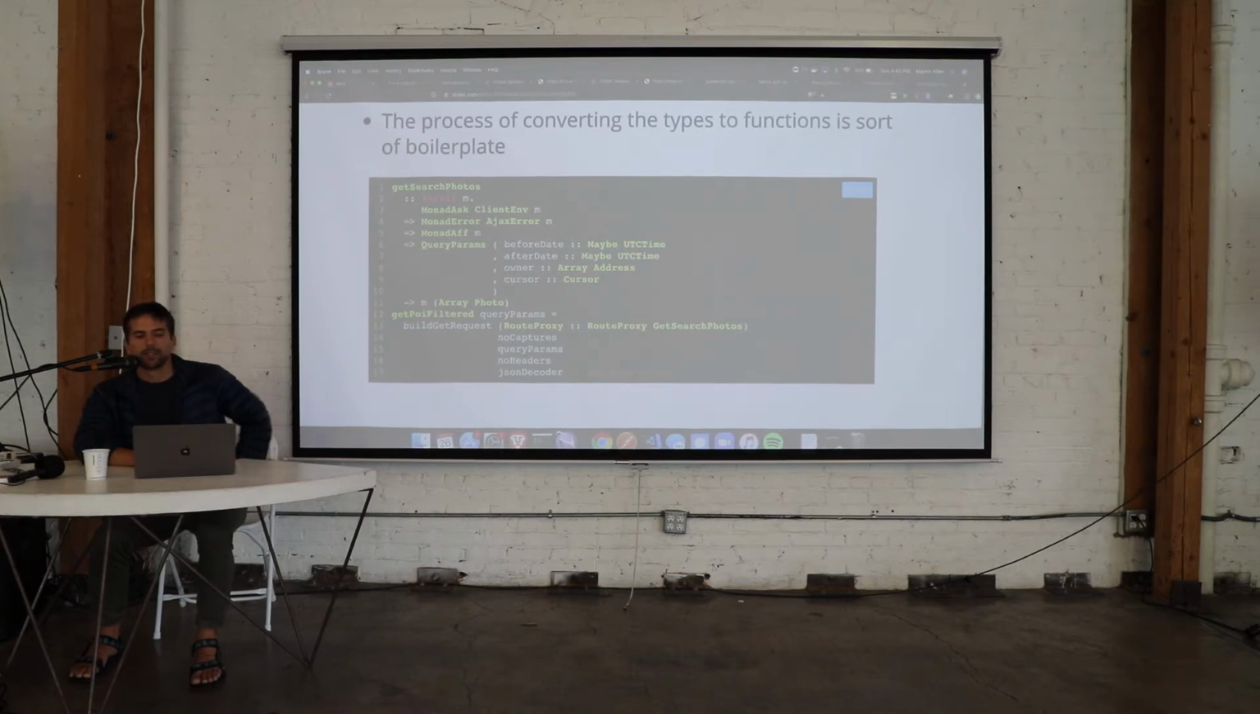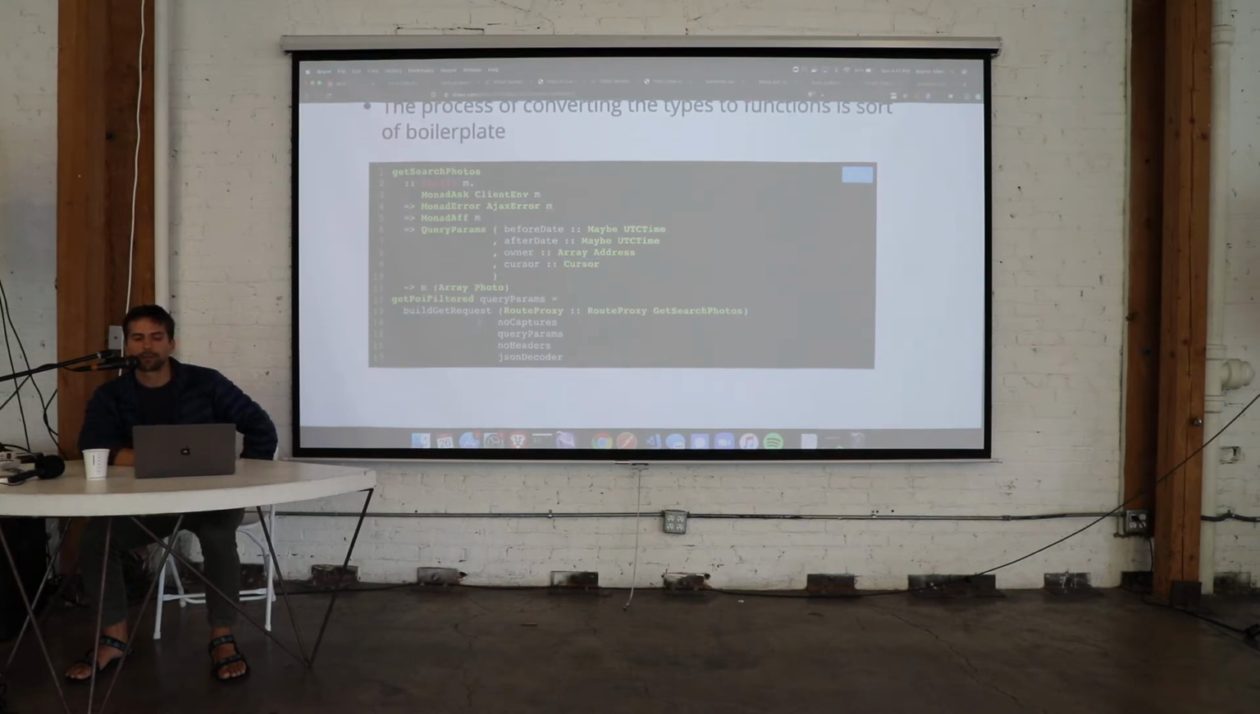query params. Query params before were, maybe we wanted to talk about the posting date, we had an array of addresses. The only thing which is actually kind of unique here is that the required thing doesn't become an identity. The required query param just disappears, it becomes the data itself. So you don't need to wrap it or unwrap it or whatever, it just needs to sit there. And then this returns an M of an array of photos,